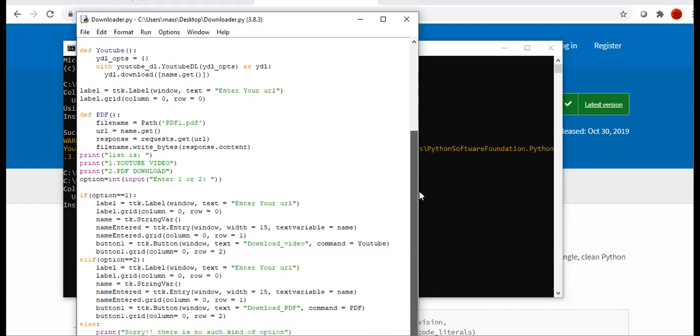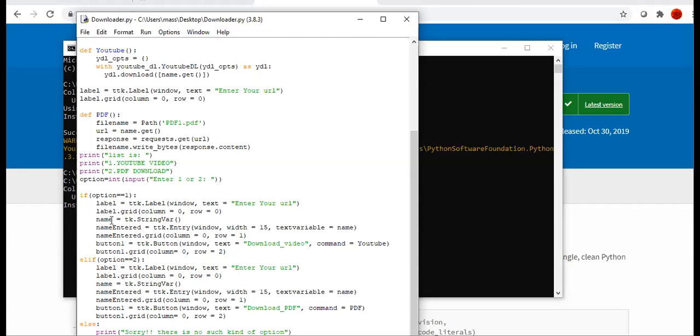Then if option is 1, what do we have to do? This is the if condition. In this if condition, based on the option I selected, it will work. The label here is "Enter your URL." That is my label. And then for grid, we have given only one box, so column and row are both 0.